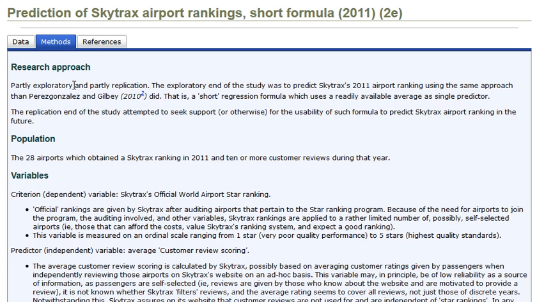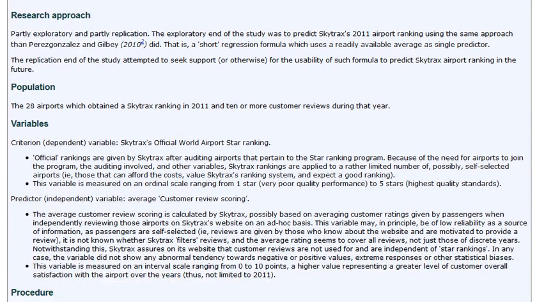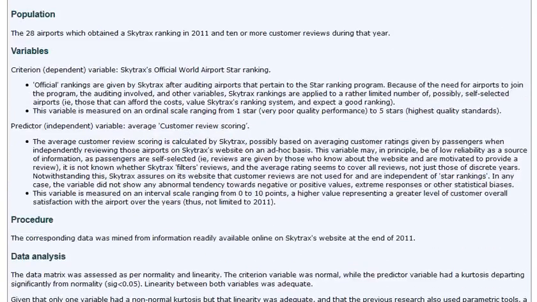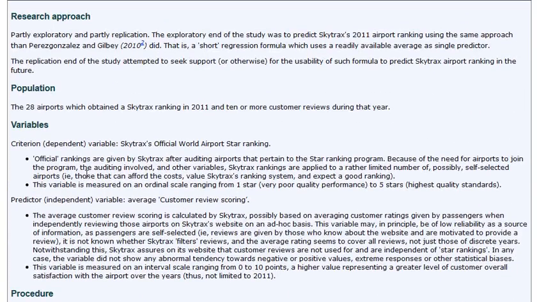Looking at the methods here, we see that it's partly exploratory because of that particular goal, but also in part a replication because a similar study was done by the author in 2010. So in order to facilitate that replication, the remaining research methods have been kept similar. So the same criterion variable, the same predictor, and the same strategy in order to select the airports for the